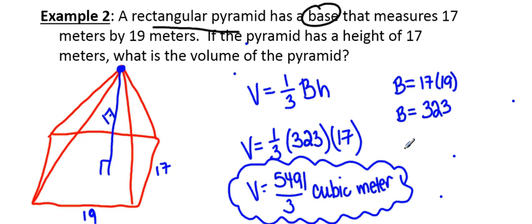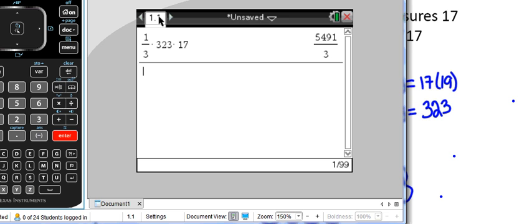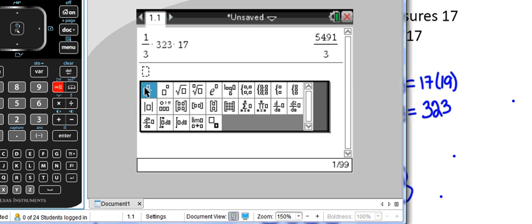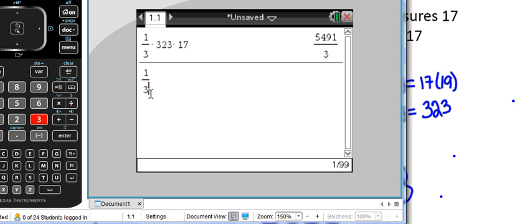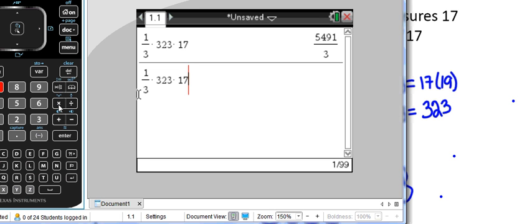Now in this case, unlike the first problem, they didn't ask us to round. But let's just suppose for a minute that they had asked us to round. If they had asked us to round, then the way that we put this into the calculator would be a little bit different. And just in case they ask you to round, I want to go through that process with you. I'm still going to enter in the fraction 1/3, just like I did up above. I'm still going to multiply times the 323. I'm still going to multiply by the 17,